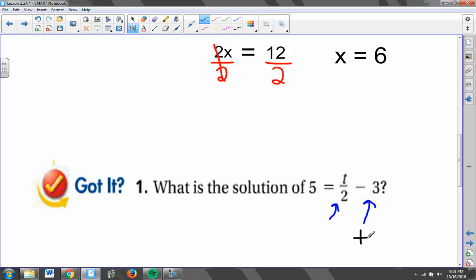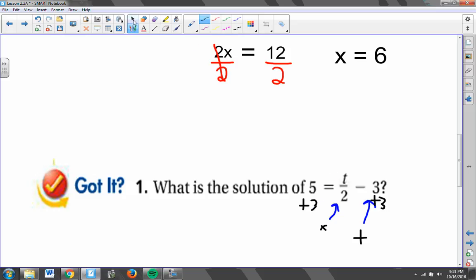I'll undo the subtraction by addition, and then I'll undo the division by multiplication. And I'm going to undo the subtraction first because I'm going backwards again in my order of operations. So the first thing I'll do is add 3 to both sides of this equal sign. So add 3 to get rid of the minus 3, and then add 3 on the other side to the